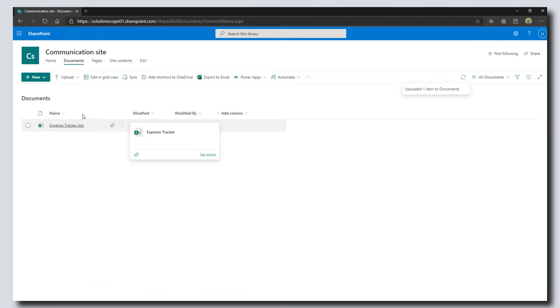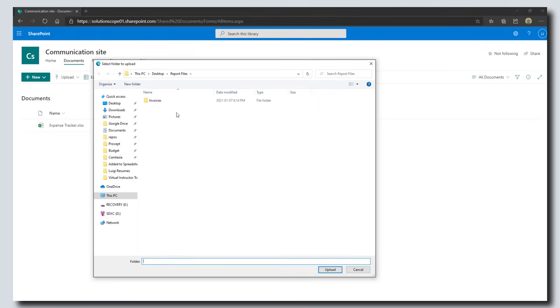So you can upload files by using the Upload button, and you can upload an individual or multiple files, and you can also upload folders. So I'm going to go ahead and quickly demo that for you. You want to click on Folder, and again, this is going to open the File Explorer. You want to select the folder that you want to upload, and you want to go ahead and click on